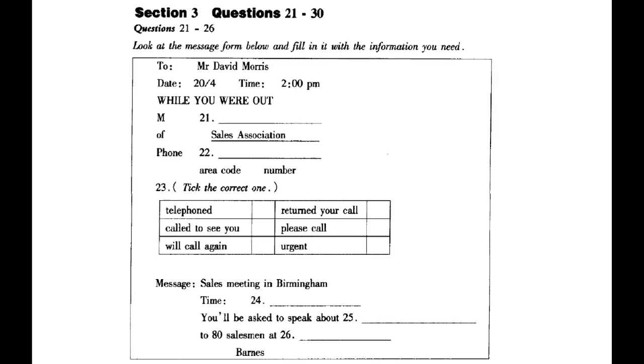Mr. Morris's office. Good afternoon. Good afternoon. May I speak to Mr. Morris? I'm afraid he's not in at the moment. Who's calling? This is Bob Ross of the Sales Association speaking. Sorry, I didn't catch your name. Bob Ross, R-O-S-S. Do you have any idea what time he'll be back? No, I don't, Mr. Ross. Would you like to leave a message? Yes. Will you tell Mr. Morris that I talked with Bill Smith in London this morning?